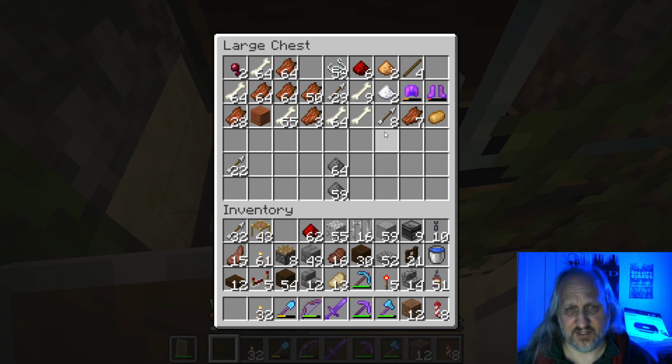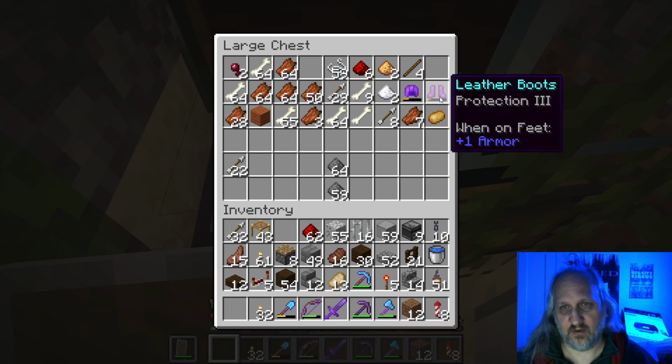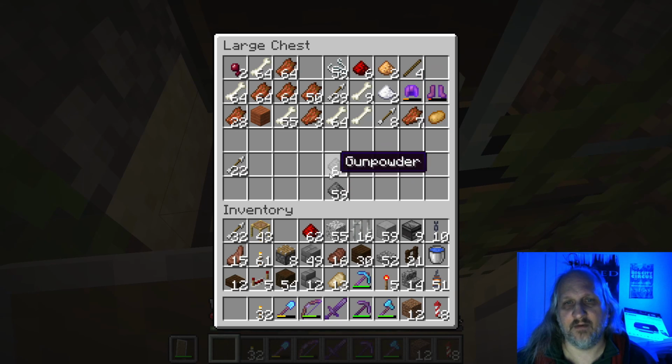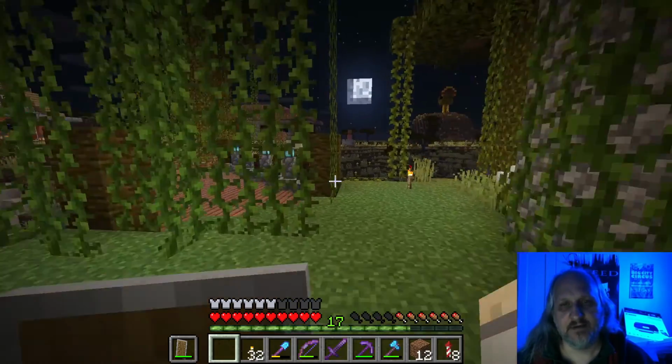We have all this other stuff too. This is really great. These would be good if they weren't leather, but they are. Leather's not very good. We have a potato. Look at that. We'll make a big potato. Anyways, so 64 plus 59. How much gunpowder do we have? All right. So, guys,